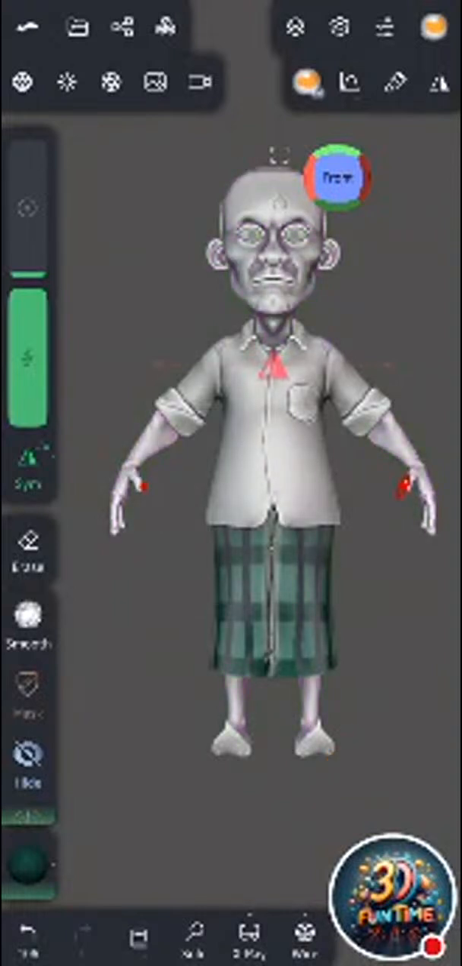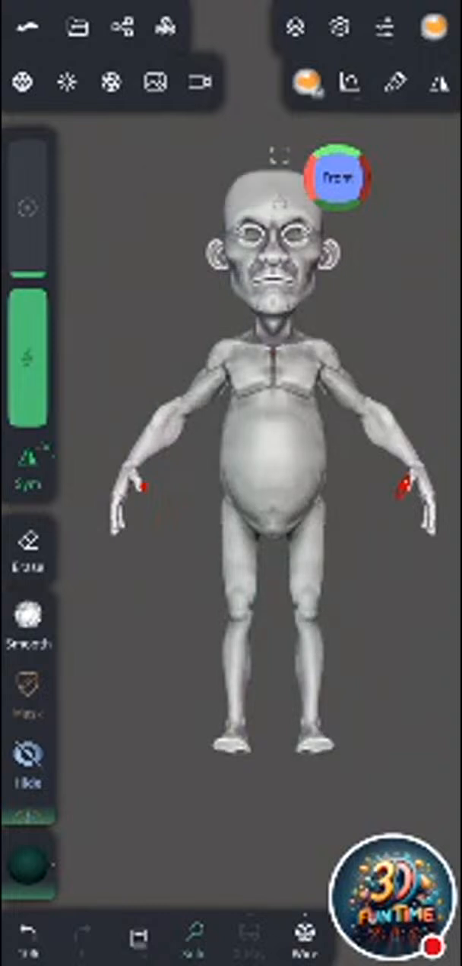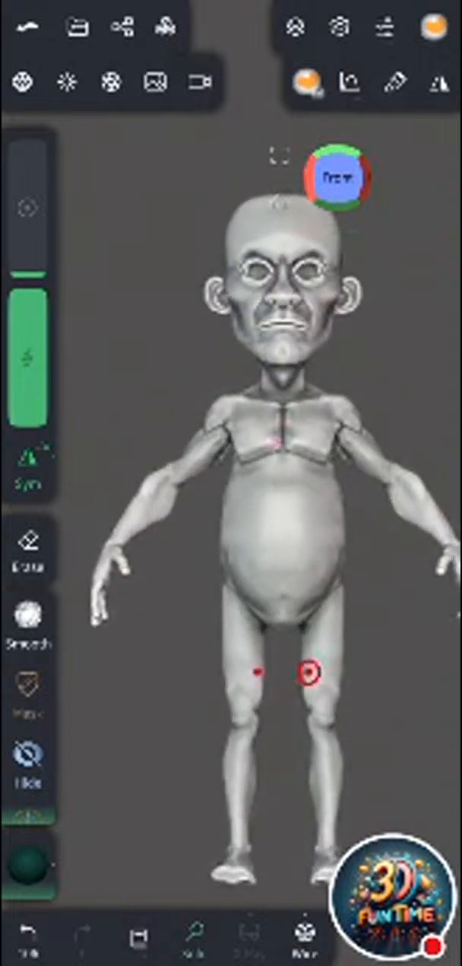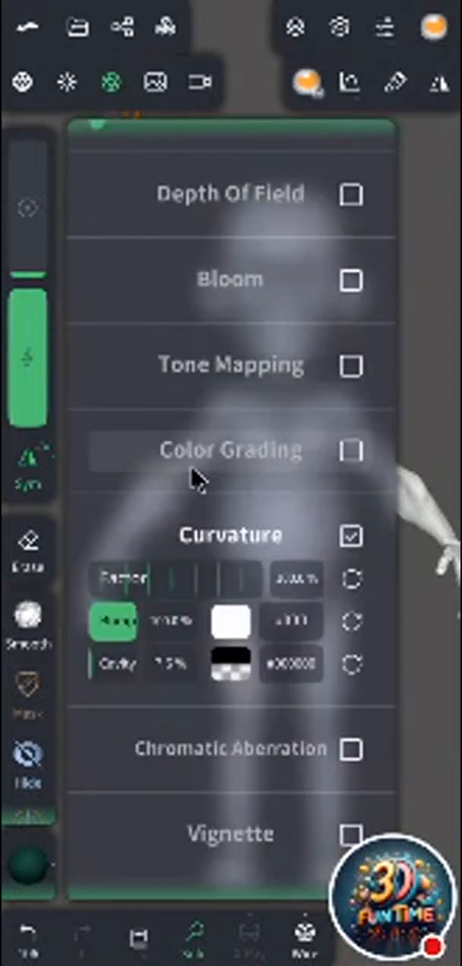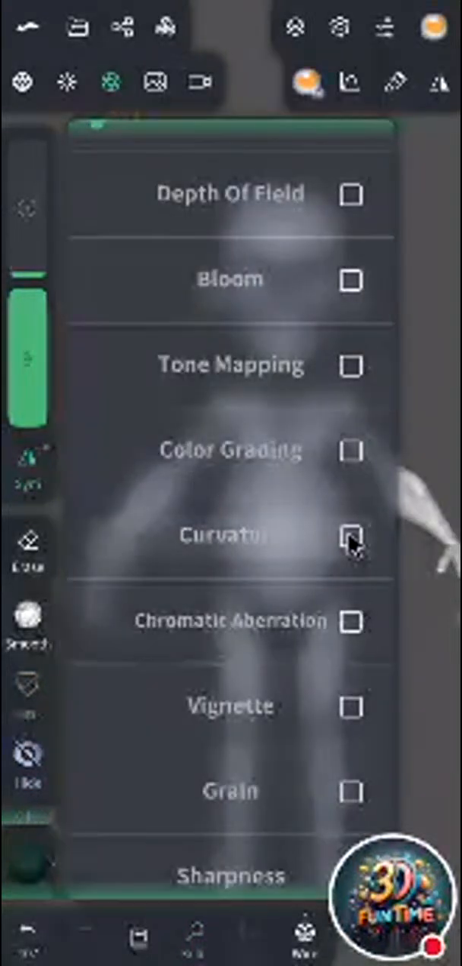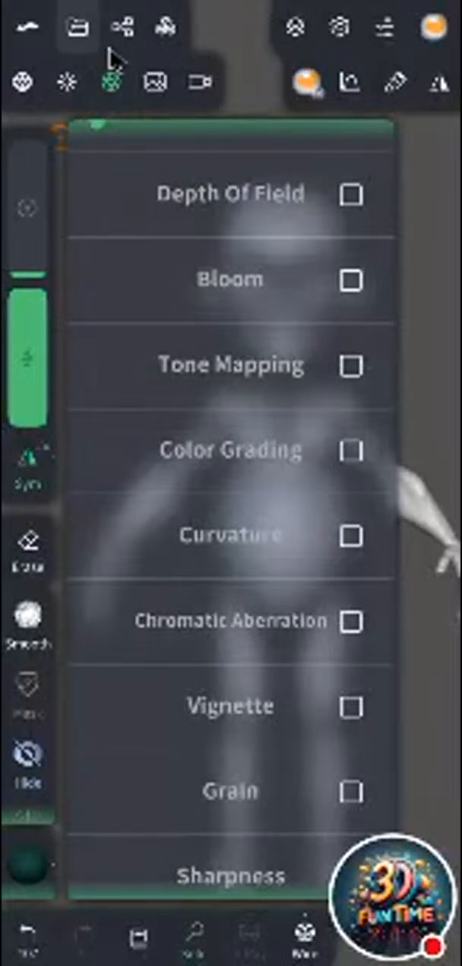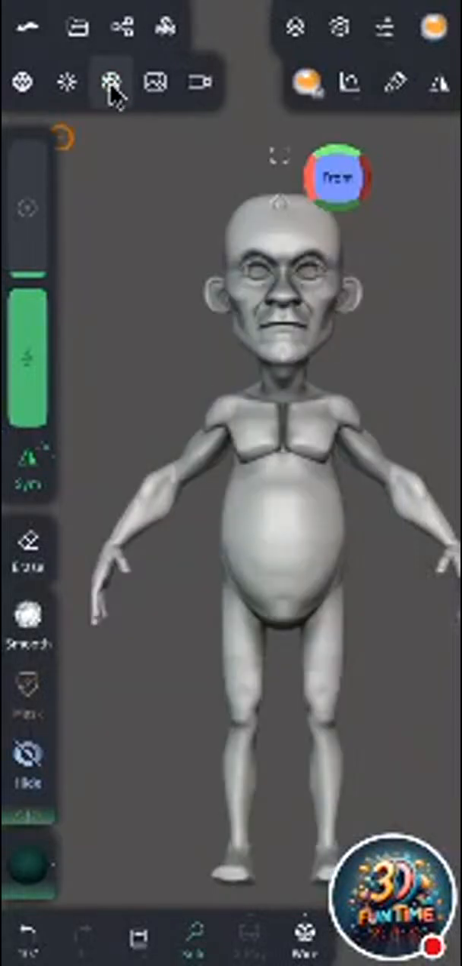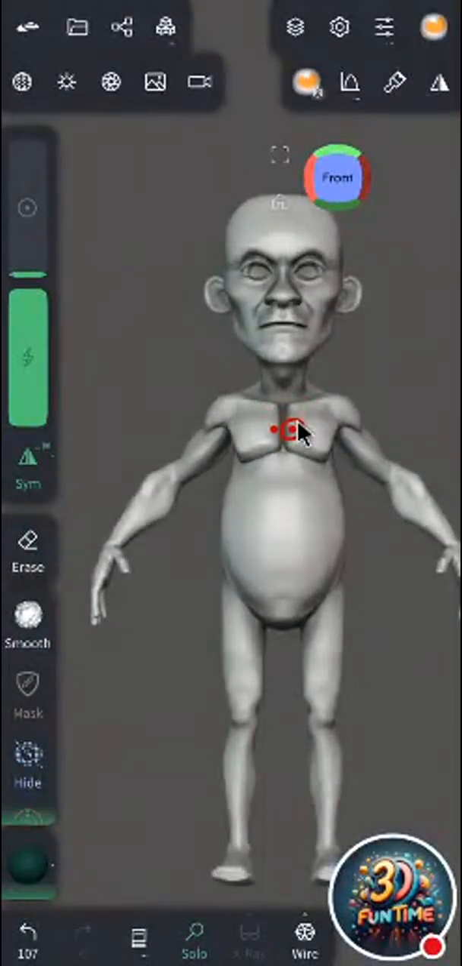First of all, make the body active. Now I would like to turn off the ambient occlusion. Let's turn off the curvature. After turning off the curvature, the ambient occlusion is working okay. Let's work something like